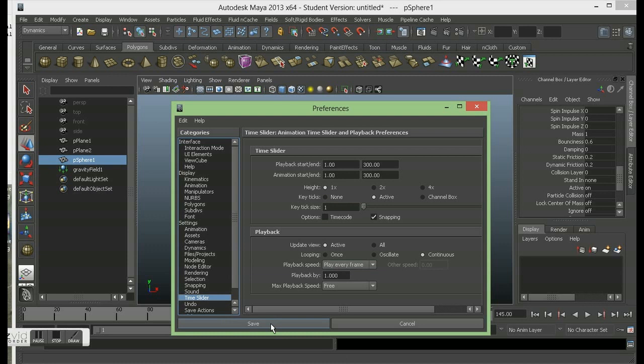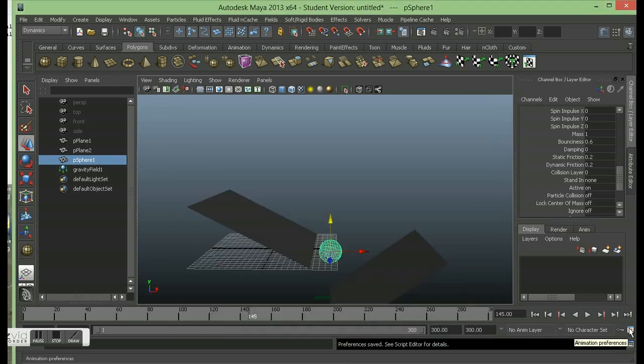I'm just going to check that's playing every frame. Yes, it is. So that button down here for the options there. Okay, just checking it's playing every frame. If it doesn't play every frame, sometimes the animation goes wrong. You see the computer speeds up as it can play it quickly when it works out where it's supposed to